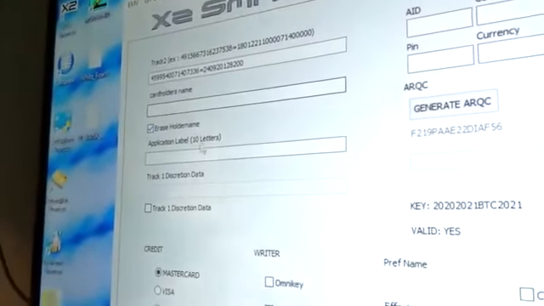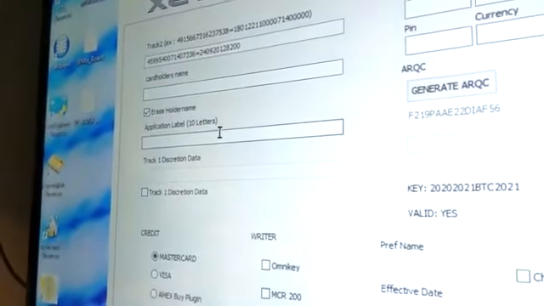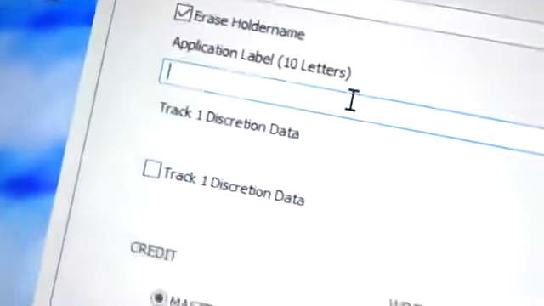Card holder name, actually just erase this. If you know it, you can put it in there. If it's included in your track, put it in there. Application label is going to be Visa debit in this case. You're using a debit card. If it's not, then just